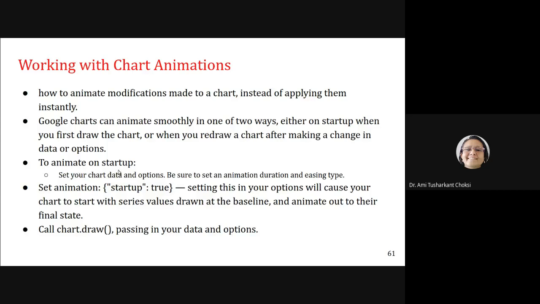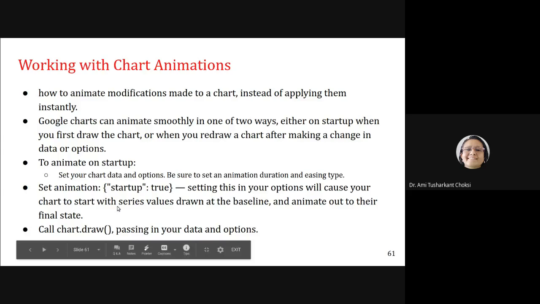So, to animate on startup, set your chart data and options. Be sure to set an animation duration and easing type. Set animation using startup: true.